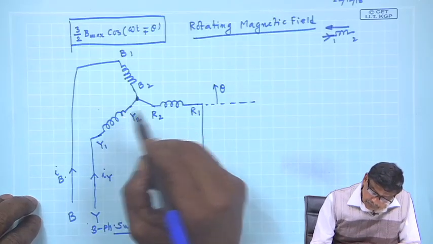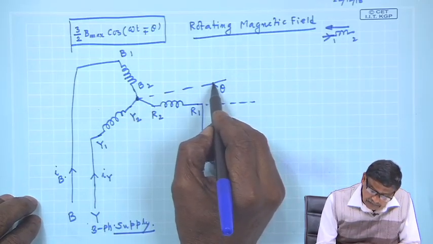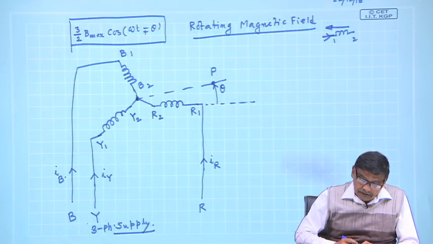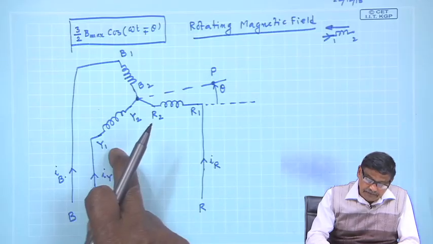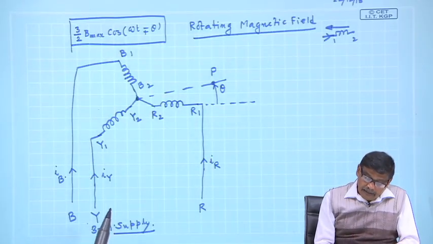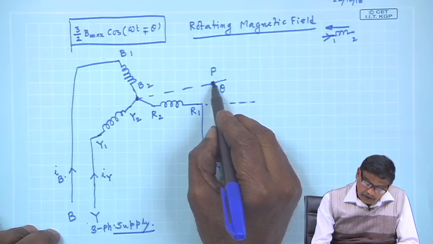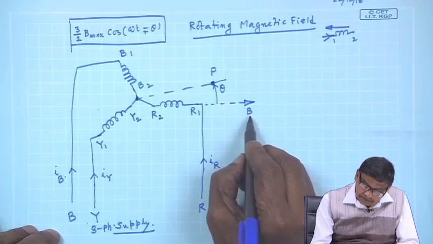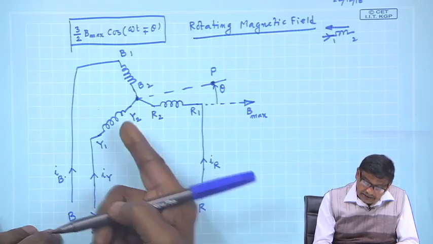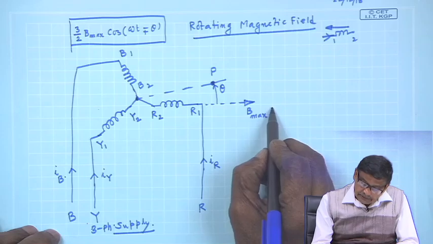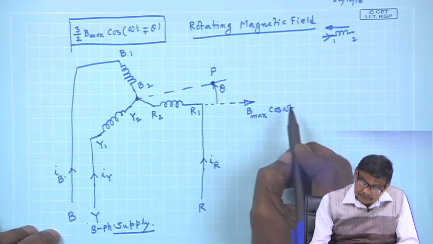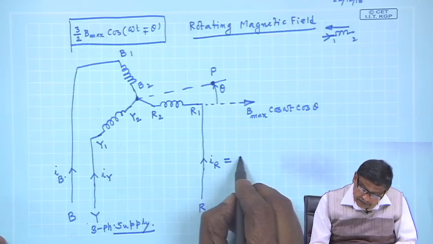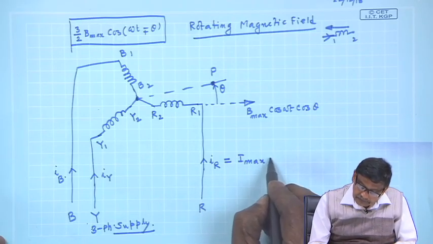Suppose at a point P, I want to find the resultant field because of the R phase field, Y phase field and B phase field. The field at point P is B max cosine omega t and cosine theta,